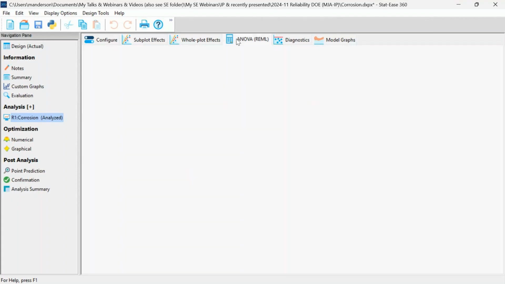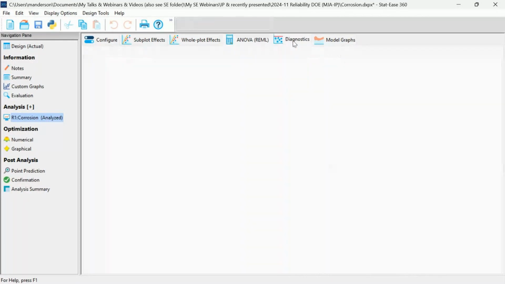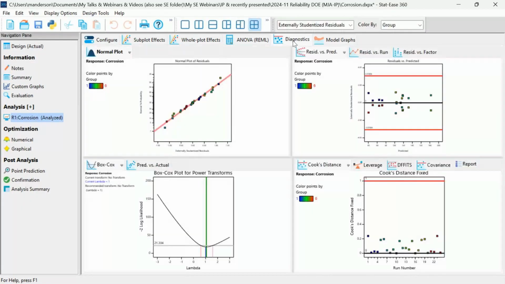And then using restricted maximum likelihood as an approximation and using the Kenward-Roger for the p-values, we can see that the main effect of temperature is not really significant, although it did stand off the line a little bit. But nevertheless, it is significant in context of the coding, and so that preserves the final value of this.